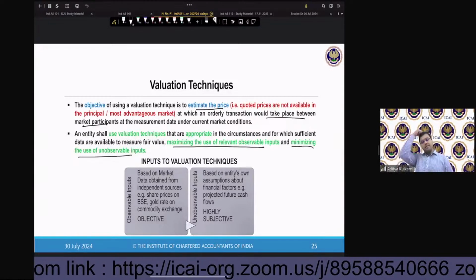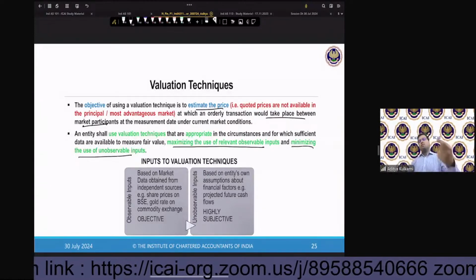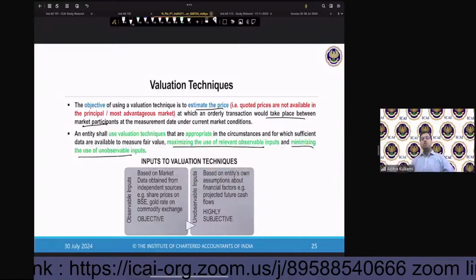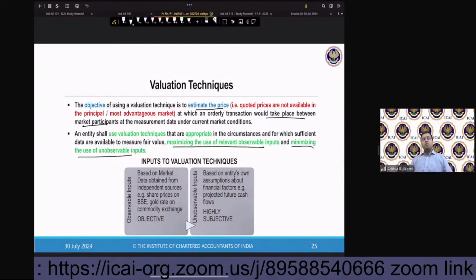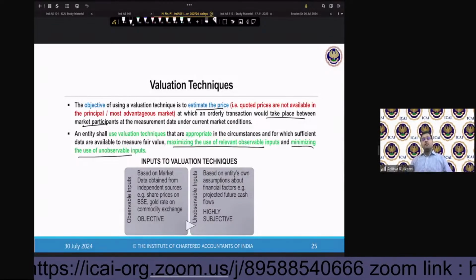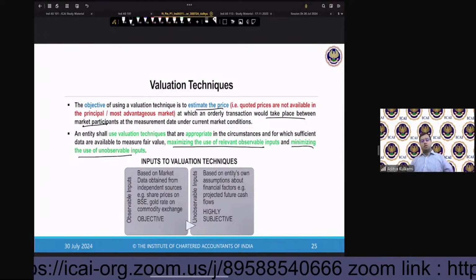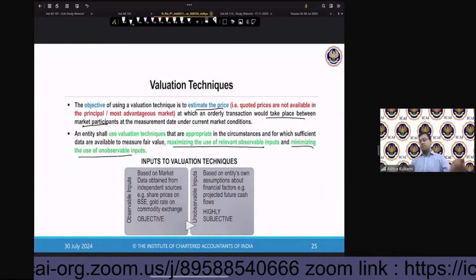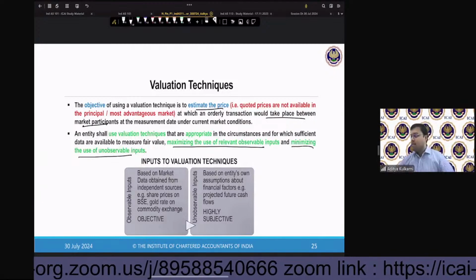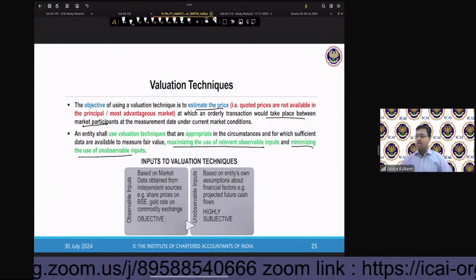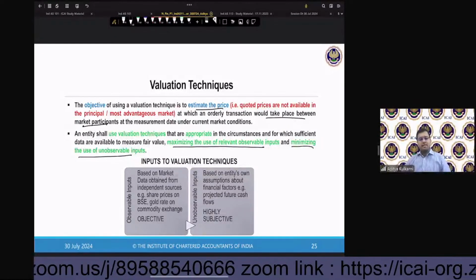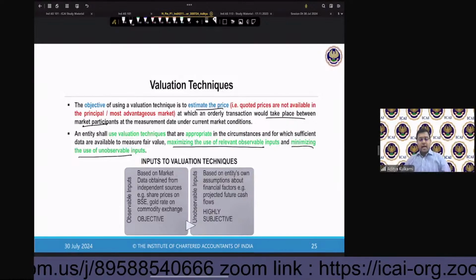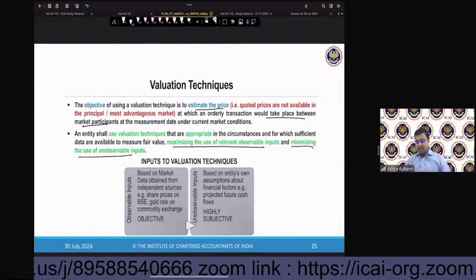So what do you mean by observable input? Suppose you have 1 gram of gold and you want to do a fair valuation of it. What will be the basis of valuation? Sir, I can go to the gold exchange and look at the price, and that becomes the value as on that particular date. Are we okay with this? Yes. So that is how it is known as the